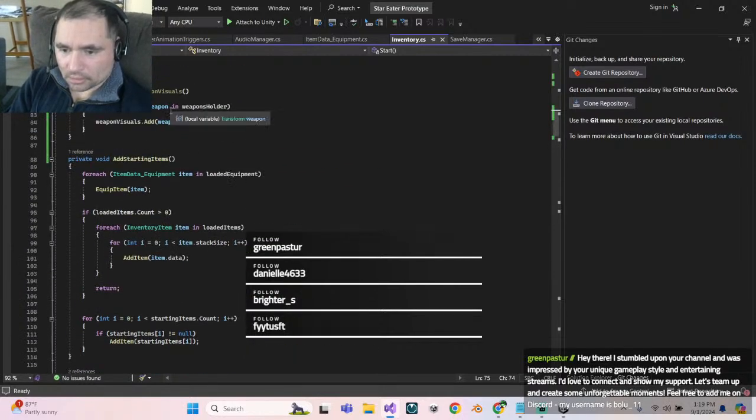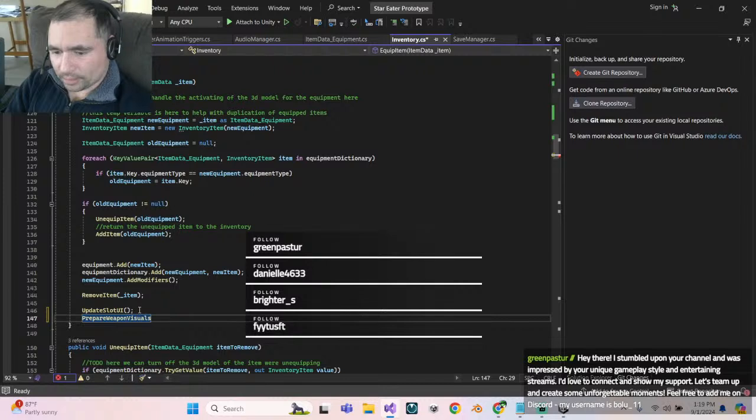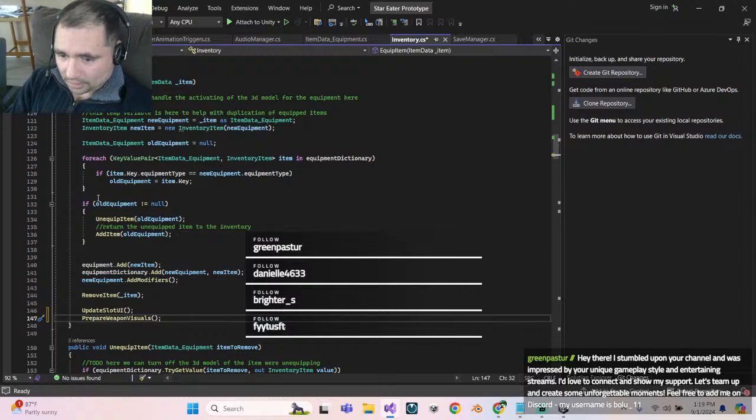Prepare weapon visuals. Yeah, it should happen here in the equip item. Update slot UI, and then we'll also update prepare weapon visual. Alright, great. And I like that. We're gonna just take that and put it right